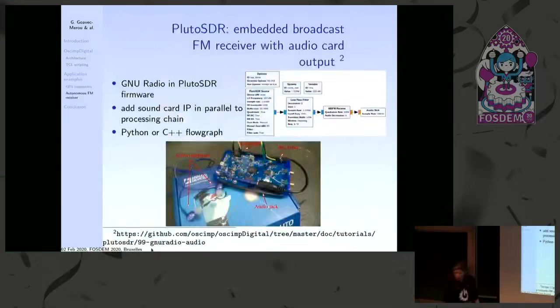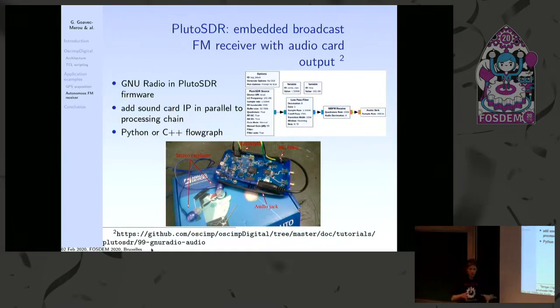The next demonstration is a more fun demonstration. Again, the Pluto SDR does quite nothing, but this board uses Buildroot to generate the firmware, the root file system, the Linux system, etc. Buildroot supports GNU Radio, so it's possible to add GNU Radio in the firmware on the board. We have done this, and